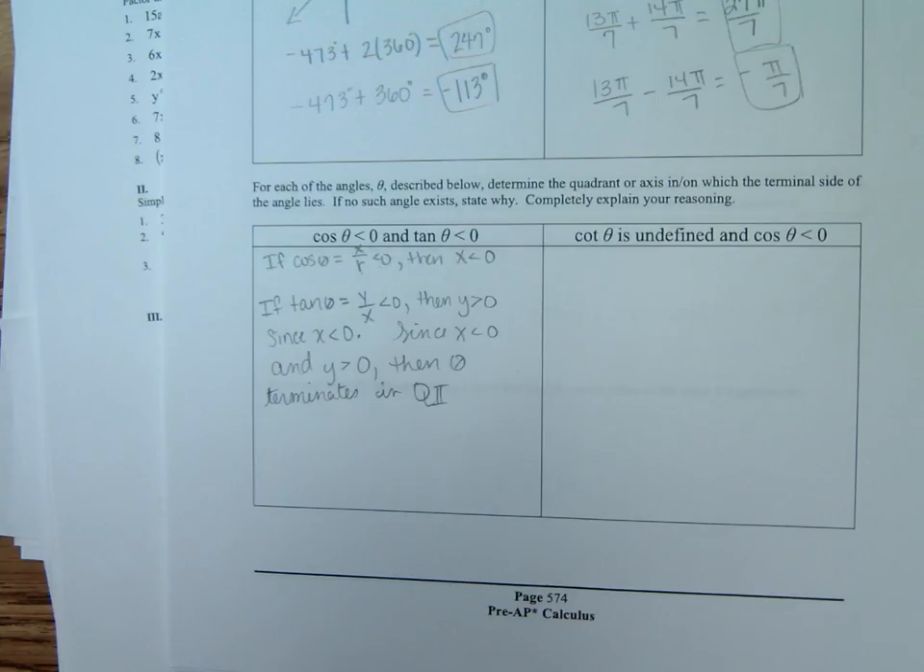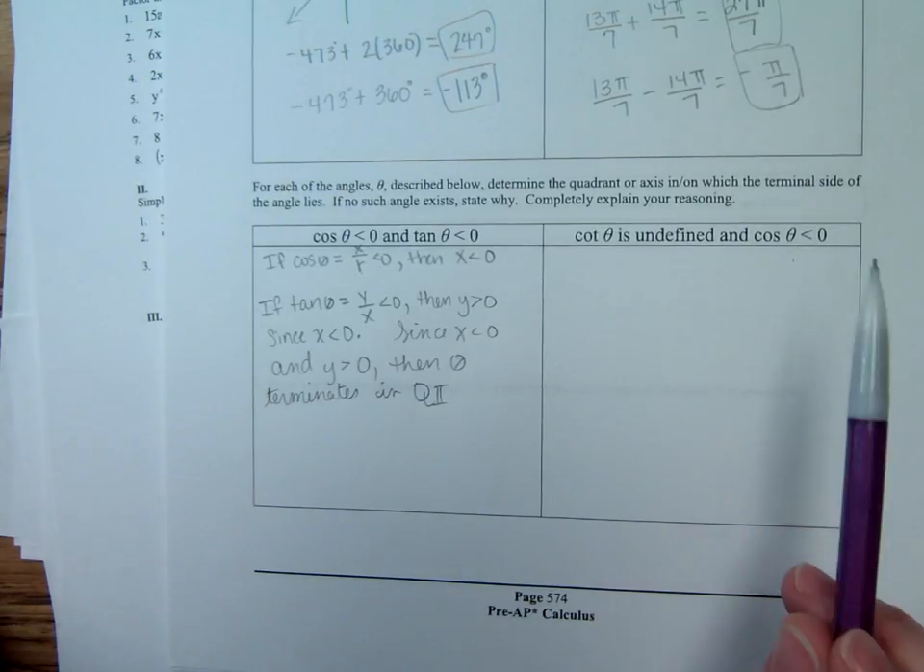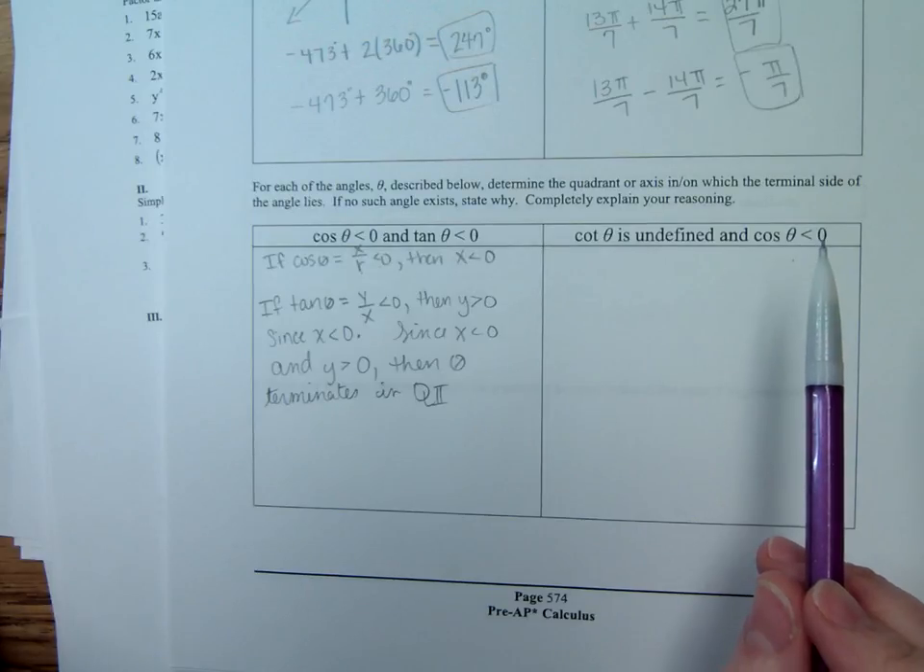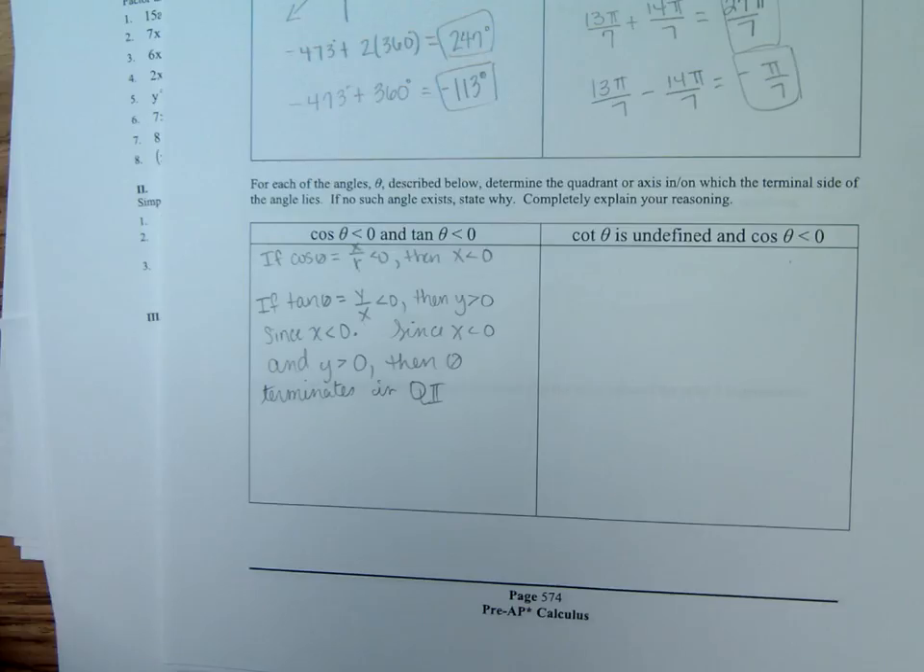Let's talk about it. Really, after that first one, you're done. Yeah, the cosine has to be less than 0. Cotangent is undefined. You can say it's going to be on the negative x-axis. But if cotangent has to be undefined, then it's on the x-axis. And if you're just looking at cosine,